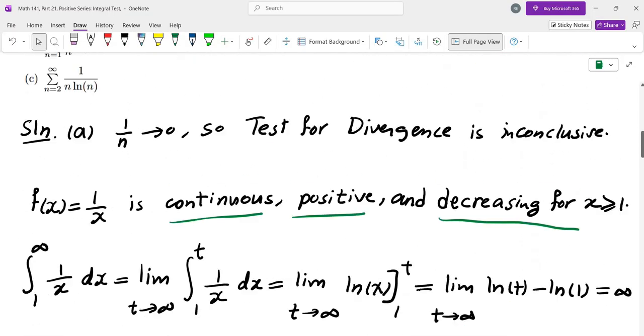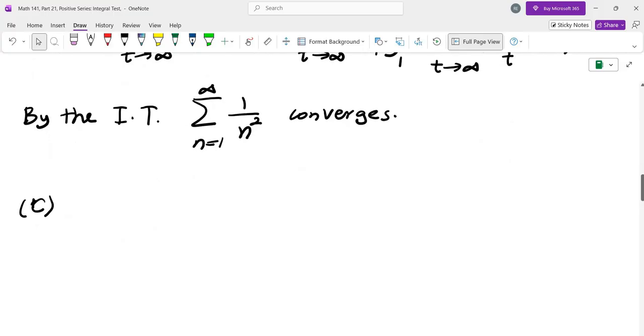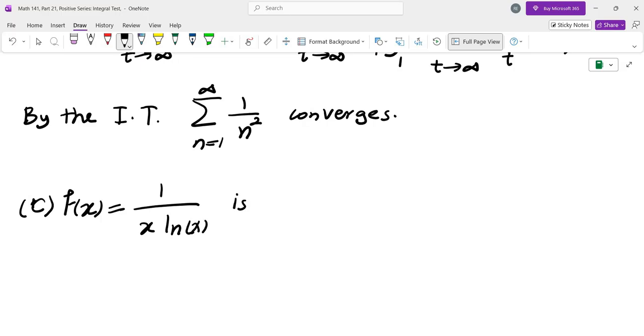So the last example here is sum of 1 over n natural log of n. So what is the function? The function is 1 over x natural log of x. So this is continuous because there is no 0 at the bottom. It is positive and it is decreasing